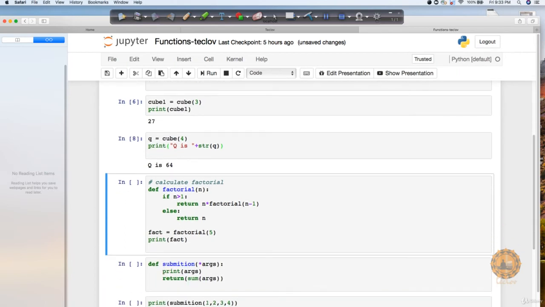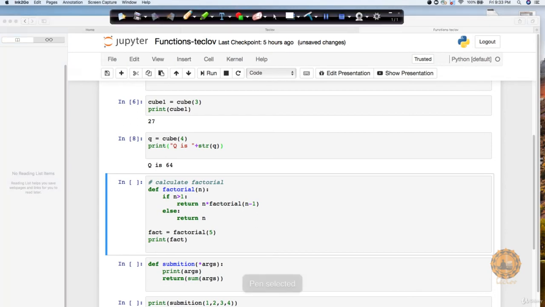So let's say you want to write a factorial function. I would strongly recommend you to pause this video here and try to write a factorial function on your own. What does a factorial function do for me? Let's say if I pass a value 5 to a factorial. Factorial is represented like this, with an exclamation sign. What this means is it's going to say 5 into 4 into 3 into 2 into 1 like this. This is what it's going to do. It's just going to keep on subtracting to the lower end and keep on multiplying these values.